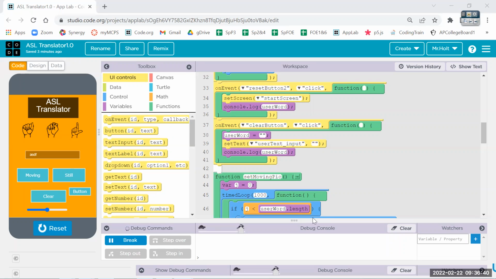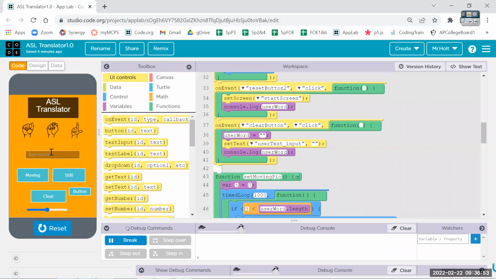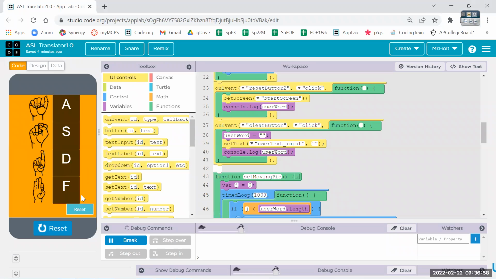All right, so the plan for this video is to recreate this American Sign Language Translator app, which looks like this, where you type in a word, you can go to still, and it will do that. It will put all the letters of your word spread out and their corresponding American Sign Language